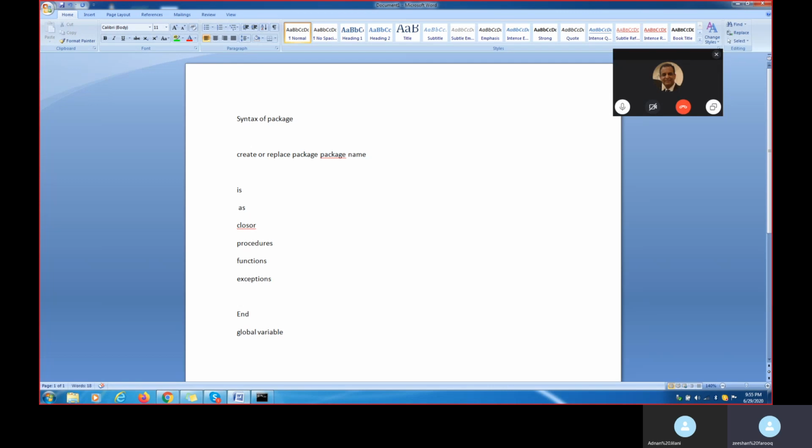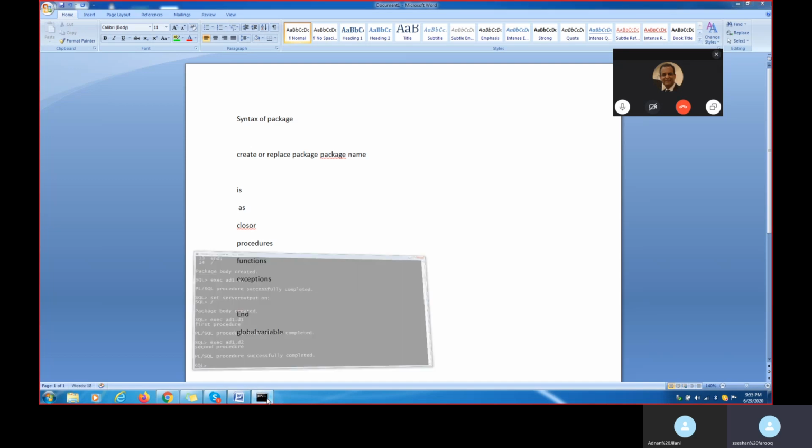Okay, till now we just saw that inside the package we wrote the procedure and executed it, that is fine. Now I wanted to implement functions also inside the package. Let's just see the basic example. You will get a very clear idea of what exactly I'm trying to do.